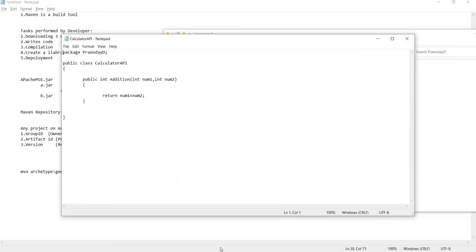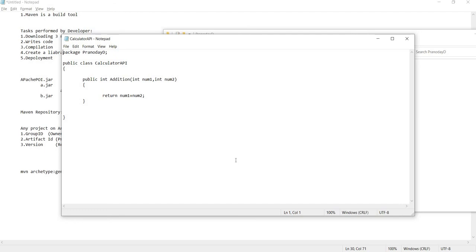So let's say we are implementing one API class where we are going to implement a few methods like addition, multiplication, division. Now other people who are implementing some finance software or anything need these methods to be called in their implementations as library functions.